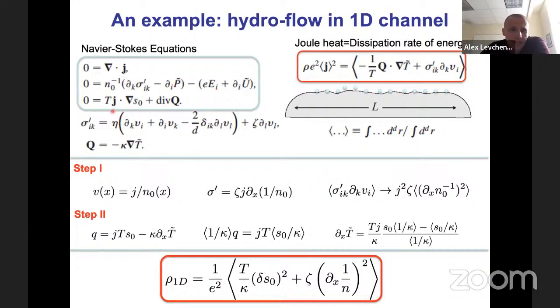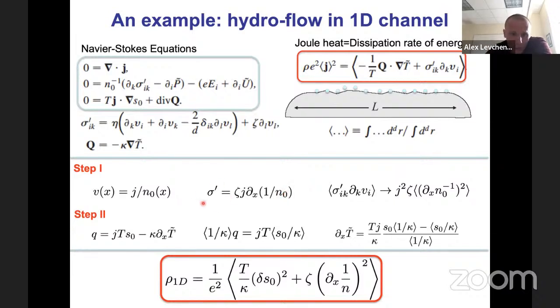So we will consider a response of the system to an external electric field. Now, the continuity equation tells us that the current, which is given by velocity times particle density, is constant. So we need to ensure that its gradient is zero. Nevertheless, density and velocity individually can of course be coordinate dependent, depending on the cross section along this wire. Now I take this velocity and bring it into the stress tensor. In 1D, there is no shear. There is only a bulk flow. So the stress tensor will be just the bulk viscosity times the divergence of this velocity field. So the stress tensor would be given by the bulk viscosity, the current, and the gradient of inverse density.